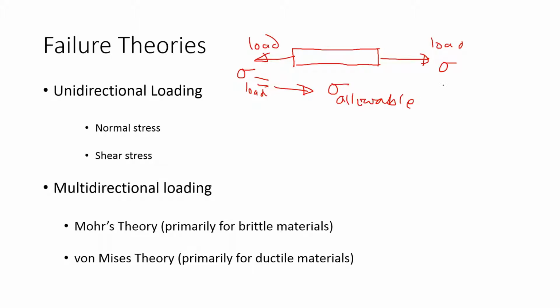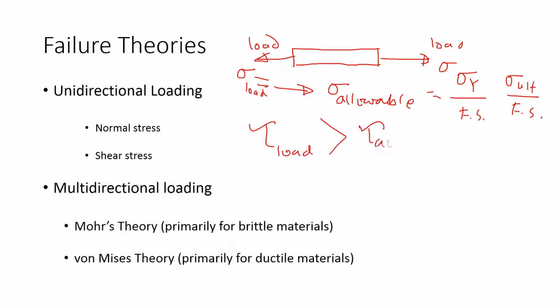Now the allowable, we can get it by using the yield strength by some factor of safety. We could also use the ultimate strength by some factor of safety, and if the material goes over that limit, we say it's gonna fail. Same thing we do for the shear stress. So if the shear stress coming from the load goes beyond the allowable shear stress, then we say